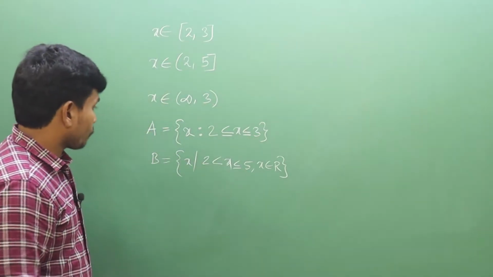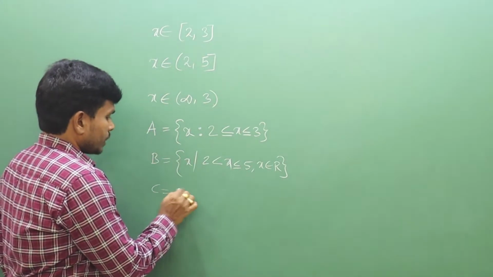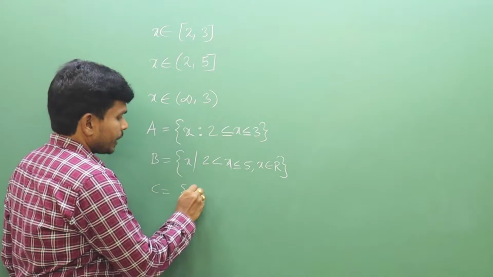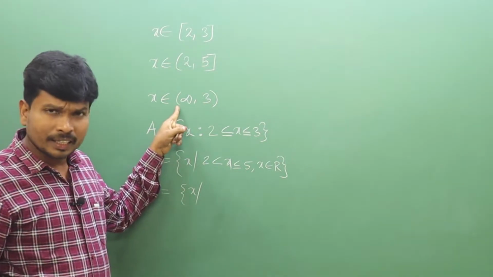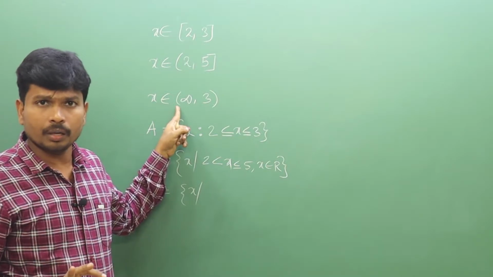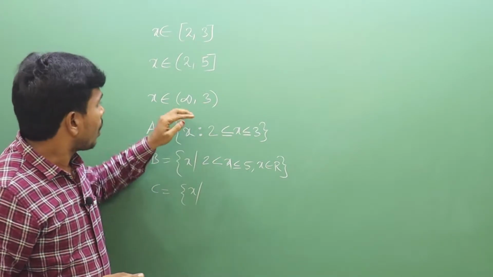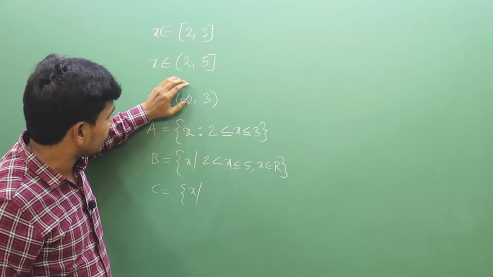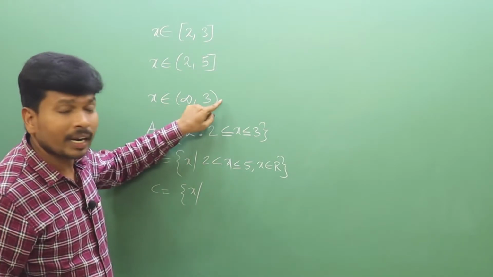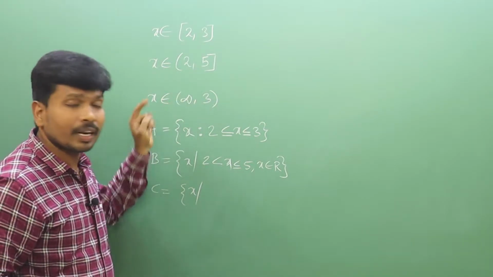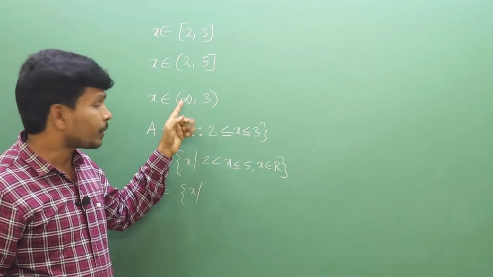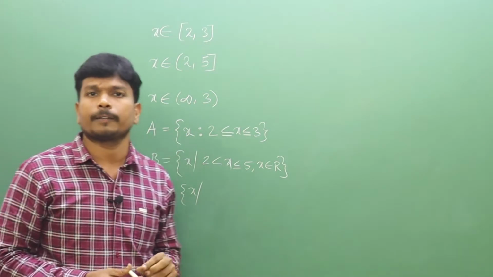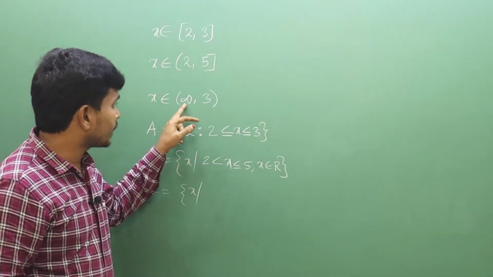Okay, now the third one. Change the third one. x such that what will we get? I'm taking the interval like that. Is it true? No, it's not true, because you must always take the bigger value on the right hand side and the smaller value on the left hand side. Infinity is the bigger one, and I'm taking it on the left hand side. This is wrong. You must take the smaller value.